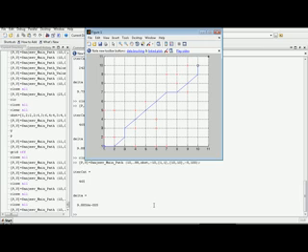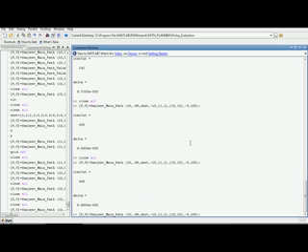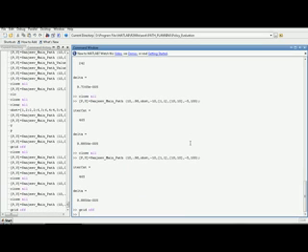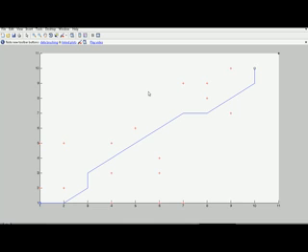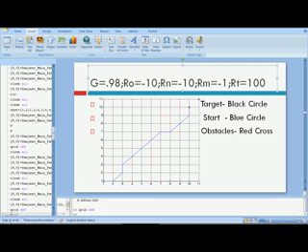And on running this algorithm, this is the path that I am getting. Let me switch off this grid. So this is the path, these are the obstacles, the red crosses, and this is the path of the agent. So that was the path of the agent, and let me show you another example.